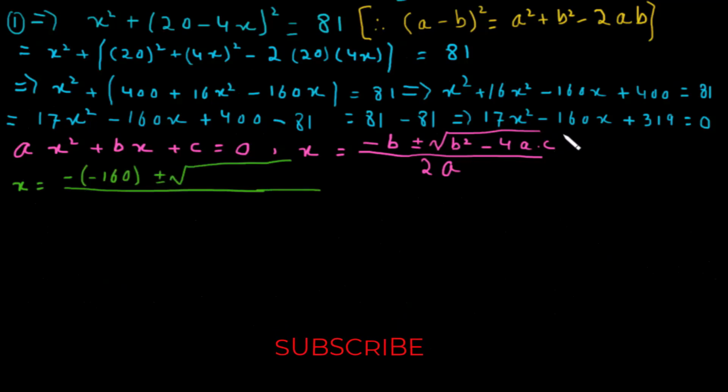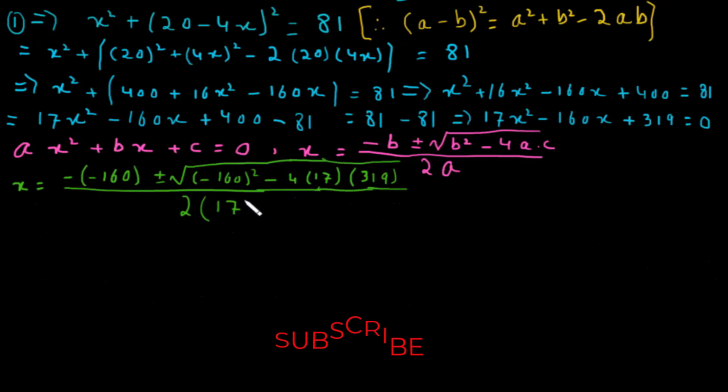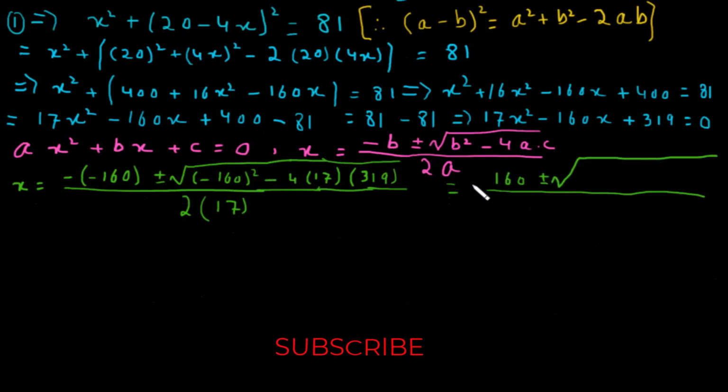Now we have b squared, so that will be equal to minus 160 whole squared, minus 4 times a, where a is the coefficient of x squared, that is 17, times c, that is 319, and divide by 2a, and a has a value of 17. So I will use the calculator to get the values. So let me write it as minus into minus will get me plus 160, plus minus, 160 squared is equal to